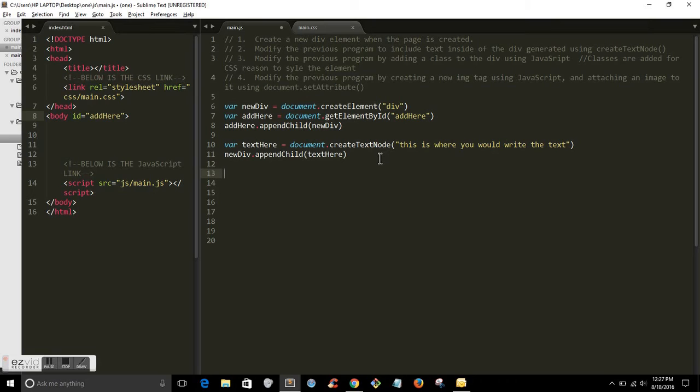The third part says modify the previous program by adding a class to the div using JavaScript. And it says classes are used for CSS to style the element. So if you want to style the div, if you want to add color or a background or whatever, you have to add a class. So the way to add a class, we don't use a variable. Whatever we're adding the style to, we take that variable that already exists, new div, and then